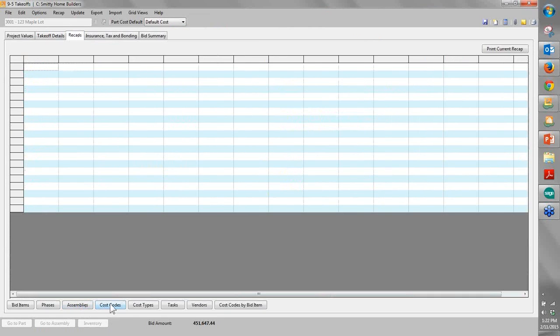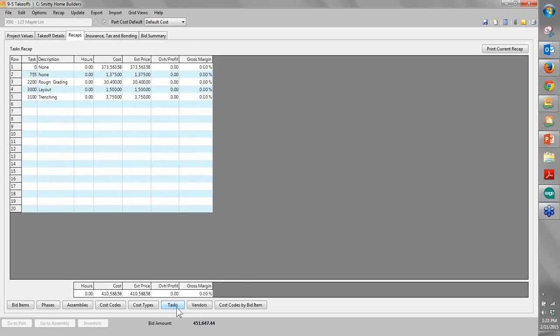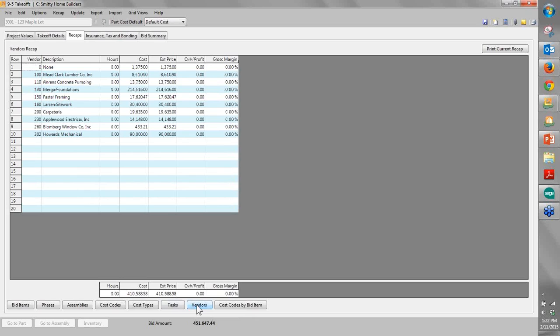Some of the recaps we can get are things like, tell me what my budget is on this job. And so it organizes it, summarizes it all by what we call cost code or budget category. It'll tell me how much I have in there in the budget. I can also do it by task. So if I'm using my scheduling function, I can actually take my cost and organize it by task. So now I have a chronological view of my cost on the project. Helps out a lot when we're doing loan draw requests, figuring how much we need at the very beginning and